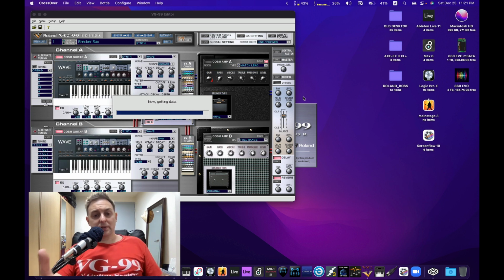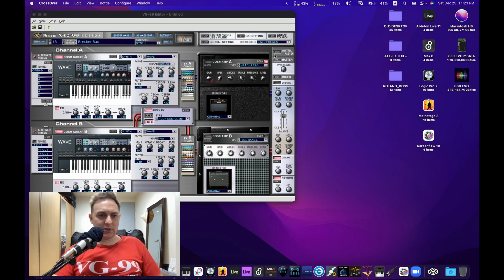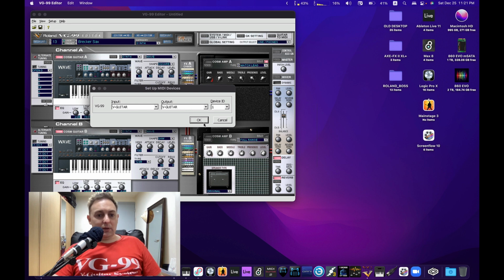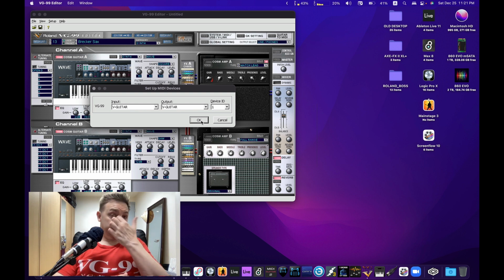It works just like that. Well, not just like that. You did have to do the installation, and you do have to, of course, do the setup of the MIDI device, which requires you to have your VG-99 connected via a 5-pin DIN MIDI to USB connector. I think I've gone into the details of how I do that in past videos, but essentially the 5-pin DIN goes through a USB